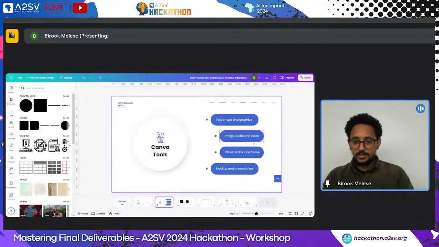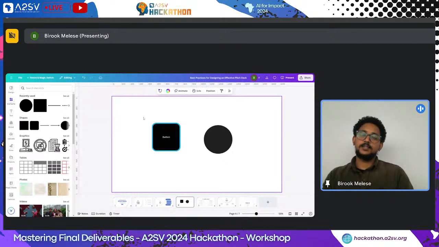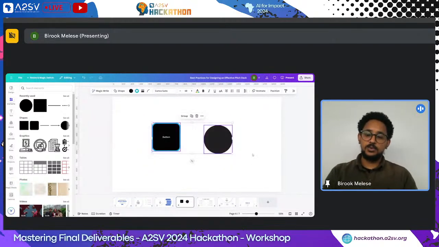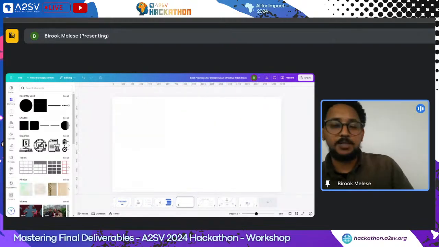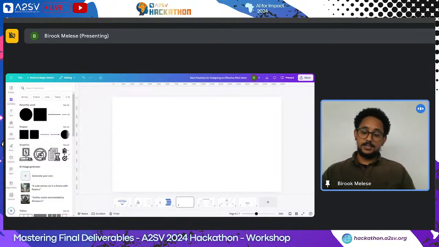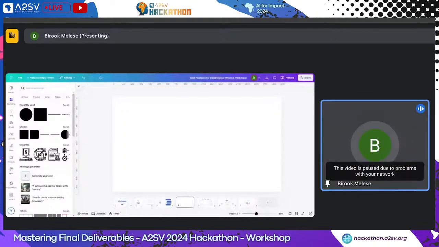Okay, the next section is graphics. Most of the time, it is obvious that you will need icons for your design. So how can you find icons? After you select this one, there's a graphic section. As you can see, if I click see all,